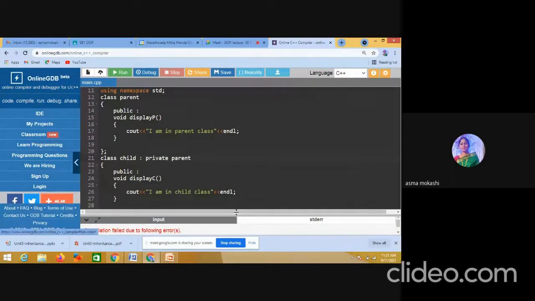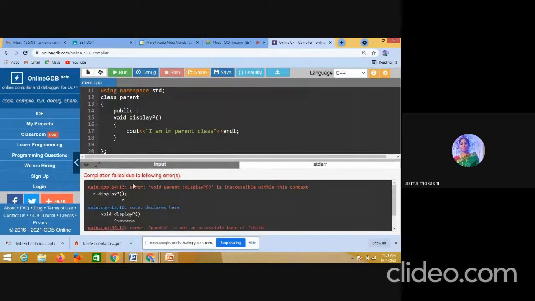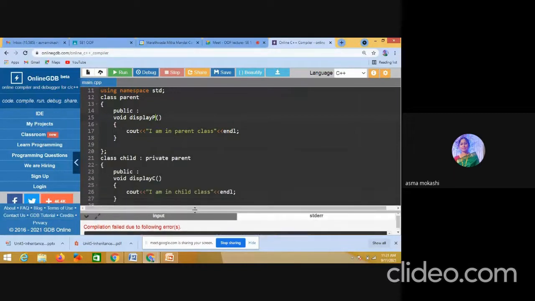If you see this, now an error is coming because P is here, but when it comes to this class, it is private. The data which I am accessing from the parent is now private to my class, so others are not able to access the data.